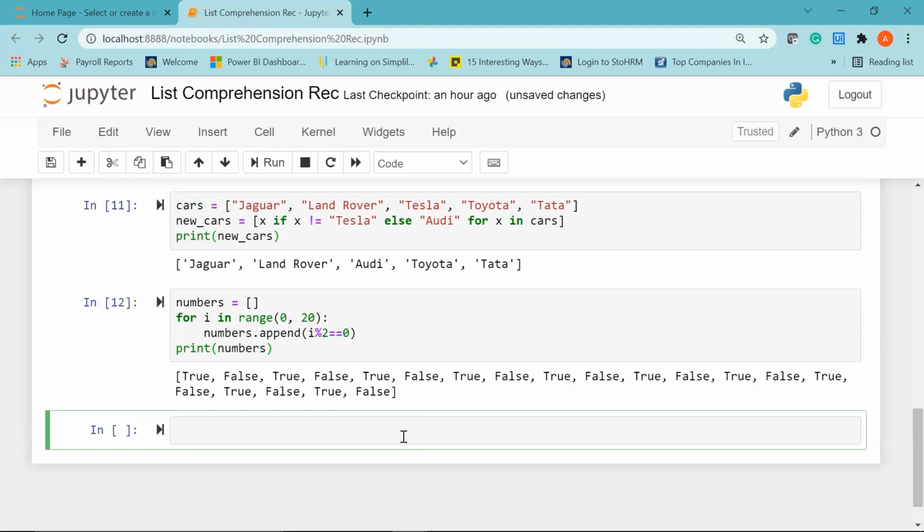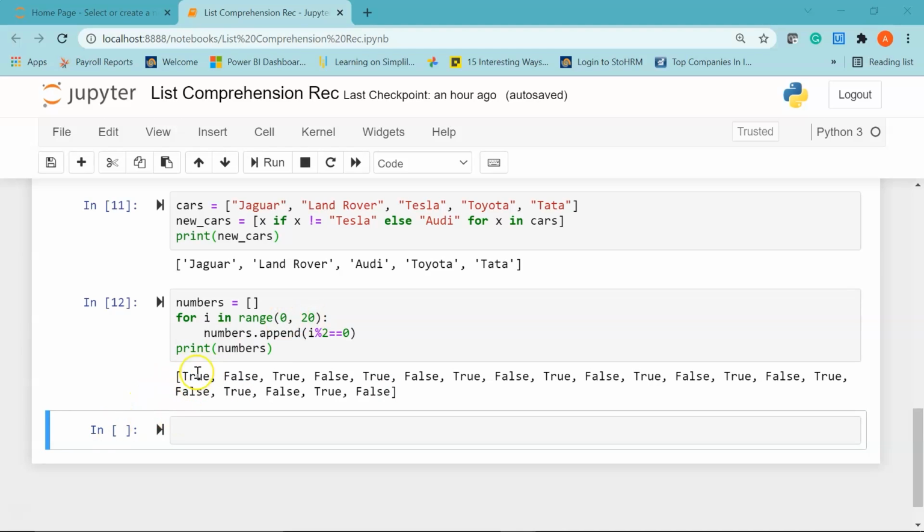Now let me run it. There you go. There are a total of 20 numbers starting from 0 till 19. Wherever the number is even, we are printing true, else we are printing false. The numbers start from the 0 place.